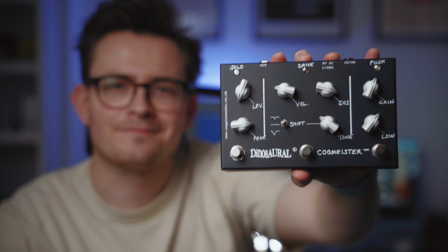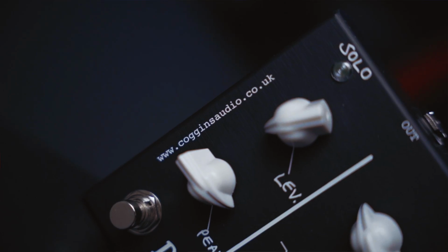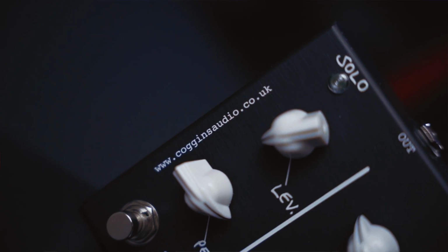So this is the Cogmeister from Dinosaural. Follow them at Coggins Audio on Instagram if you're interested. This pedal is the ultimate all-in-one solution to gain staging and is also a masterclass in how to build the